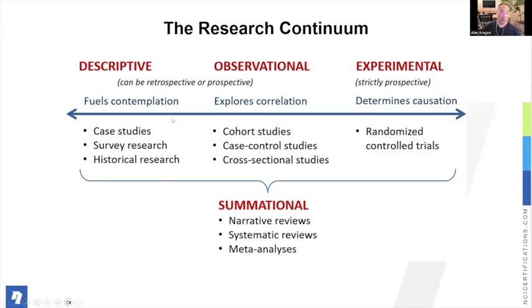Of relevance to nutritional coaching, some of the most interesting research has been done on case studies of physique competitors. And as we move towards the right here, right in the middle, we've got observational research. So under the umbrella of observational research, we've got cohort studies, case control studies, cross-sectional studies, and maybe memorably, we've